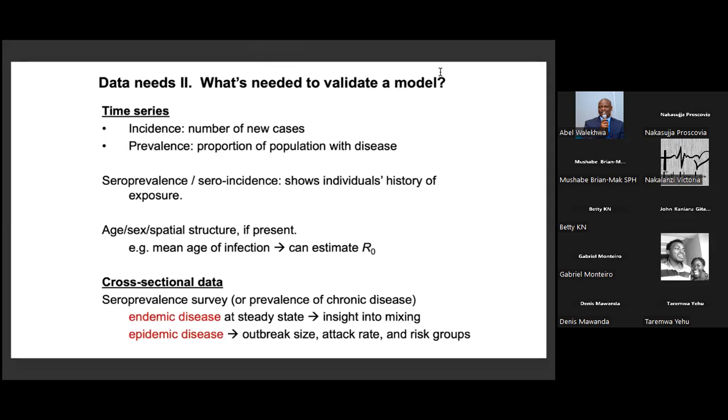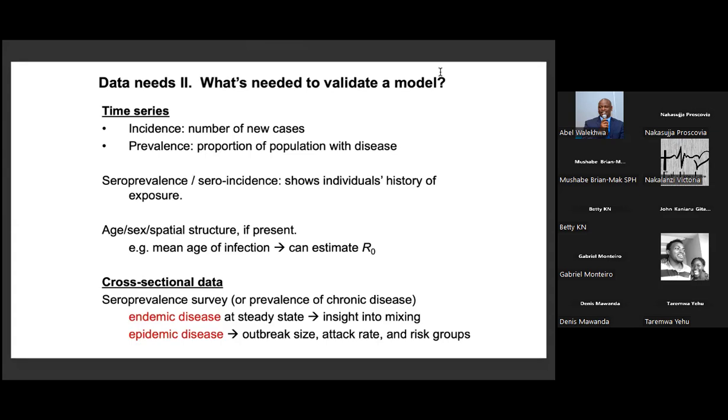So what do we need to validate a model? If you have time series, then you're going to need the incidence, that is the number of new cases. You also need prevalence, like the proportion of the population with disease. If it is zero prevalence or zero incidence, you have to show the individual's history of exposure. If you're looking at age, sex, spatial structure, that is if you have it, then you're going to look at the mean age at infection. And all these can be used to